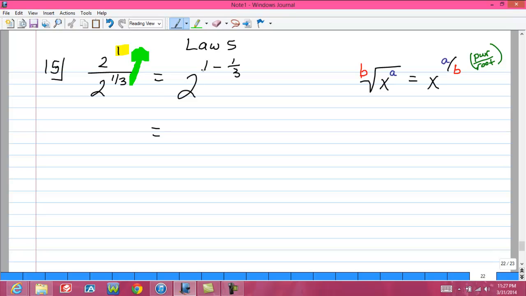But we can't subtract unlike fractions, so we need to get a common denominator. The least common denominator will be 3,